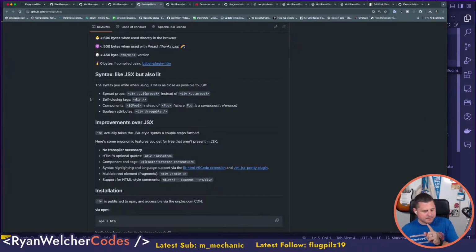One of my big points in our conversation, when Adam and I were coming back from lunch one day and had a really great conversation on why a build process is a good thing, was that you need a build process for JSX because that's not a real thing. So every example that is out there in the world for WordPress code, for the most part, is going to be